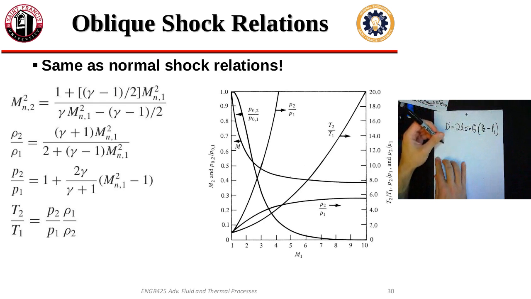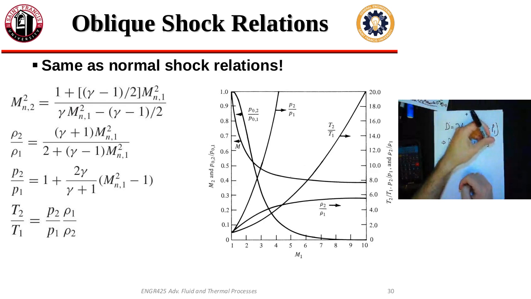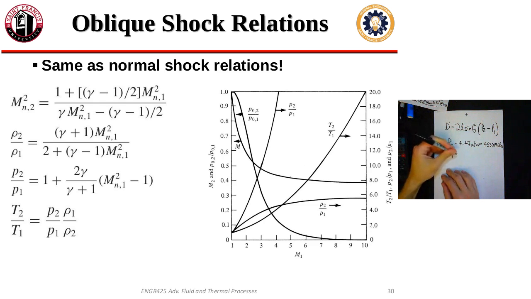P2 is 4.47 atmospheres, which is 453,000 pascals. P1 is 1 atmosphere, or 101,325 pascals. Your drag is 2 times that, L is 1 meter,